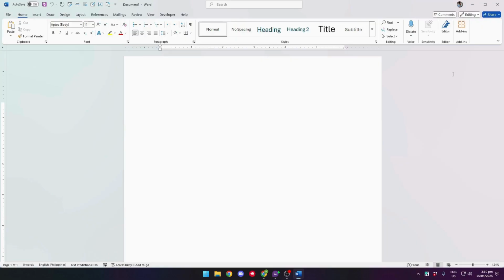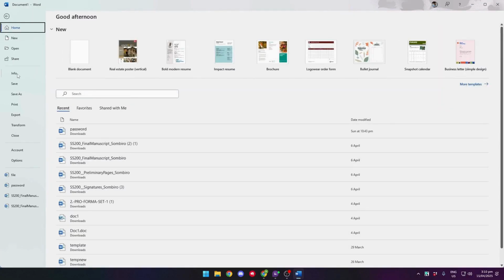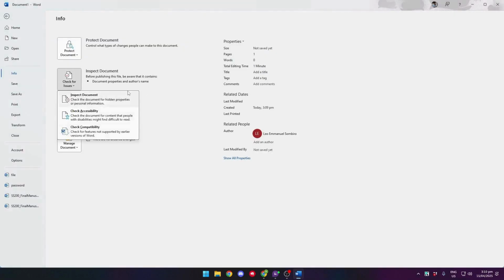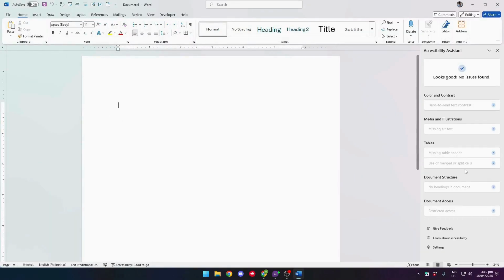And to access that, first click on the File tab. Now click on Info and look for Inspect Document right here. Check for issues, and you will see the option to check the accessibility of the document. And as you can see, this window will pop up on the right, which says Accessibility Assistant, which will determine